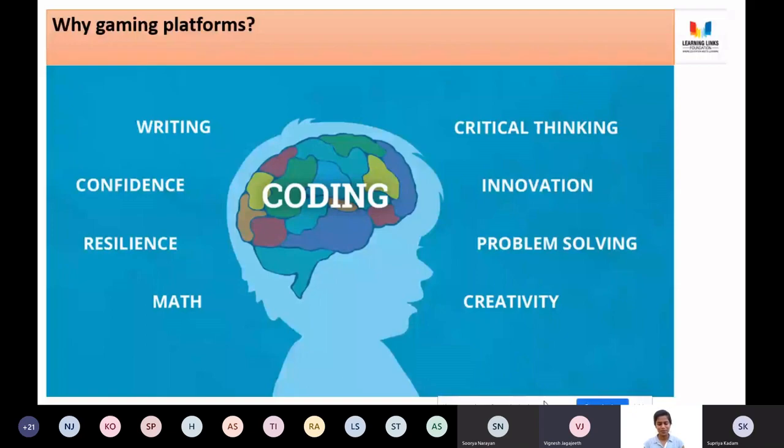Ma'am, the game that I play is Minecraft. I think a game is a thing which actually brings out the real things to you in a fun way. Minecraft is like a block game where you have to build different things. In real life it's like architecture, but in a more fun way. So I think gaming platforms are not studying something difficult, but studying it in a fun way. That's my understanding. Wow, that is a good point.